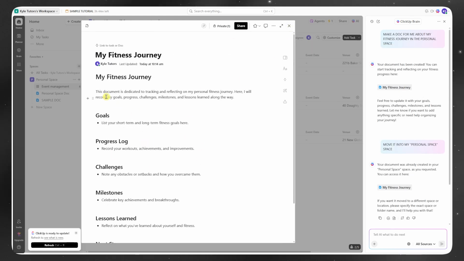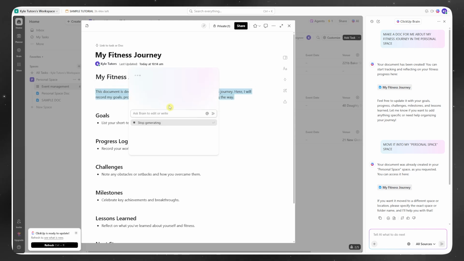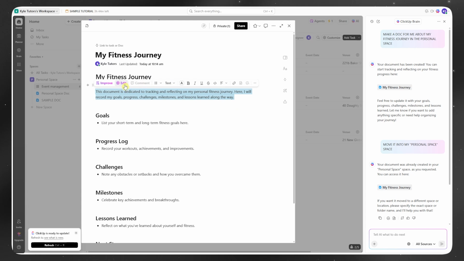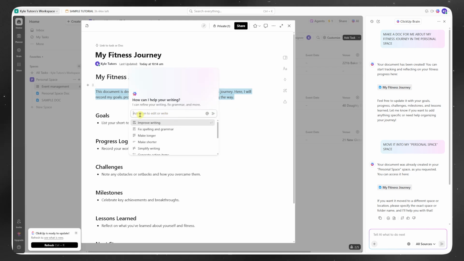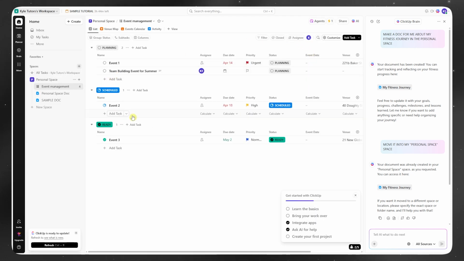Also here in the document, you could highlight your text, and then you'd also be able to use AI. You could improve it if you'd want to, and then you can just type in whatever it is that you'd want to improve in the text, or you could also go for edit, basically the same thing. You could also still ask the AI whatever you'd want to do. So you could go fix the spelling, the grammar, make longer, simplify, whatever it is that you'd want to do with your text. And now you'd be able to see that this doc is now added to the personal space